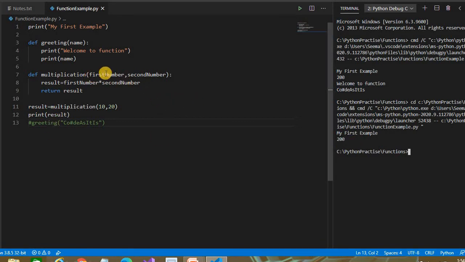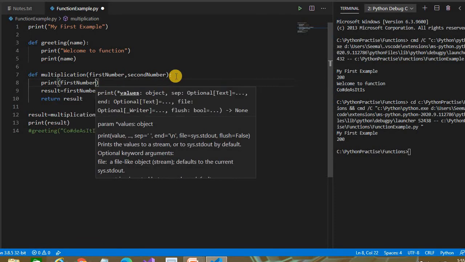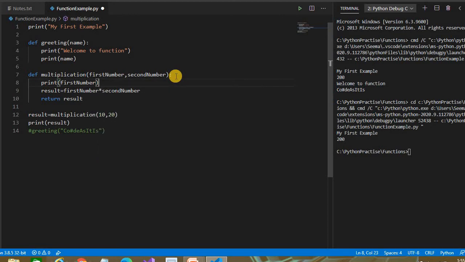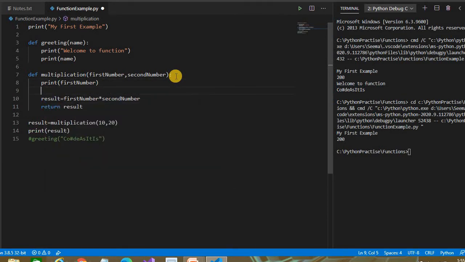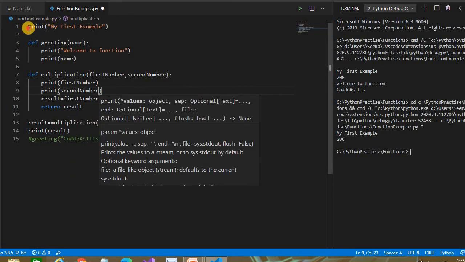Now it's fixed. Suppose you pass something, let's take one more example. We don't have to say here passing first number and second number, then 10 must be the first number and 20 must be the second number. Let's print those numbers so that we can see the first number and the second number.